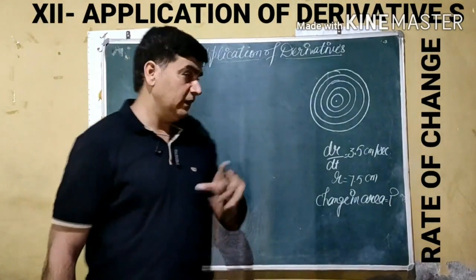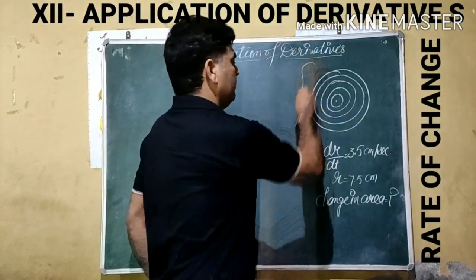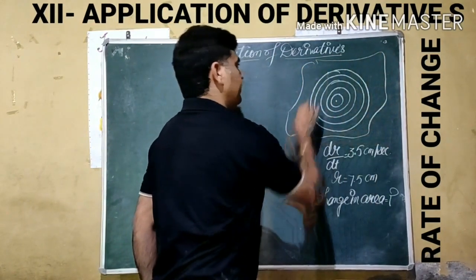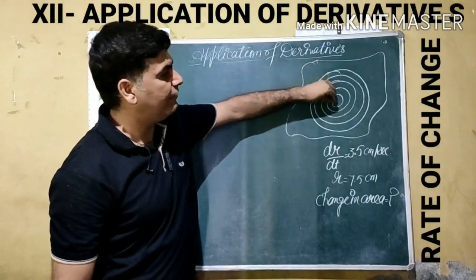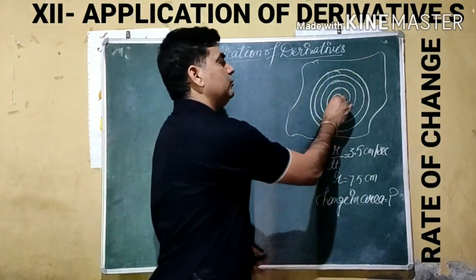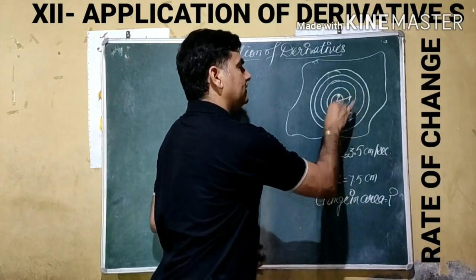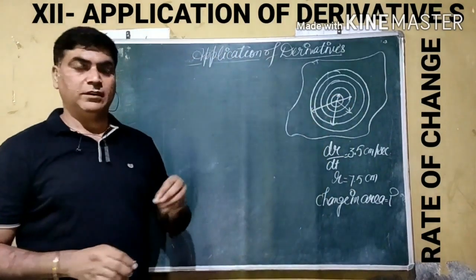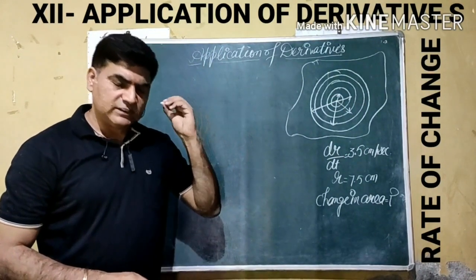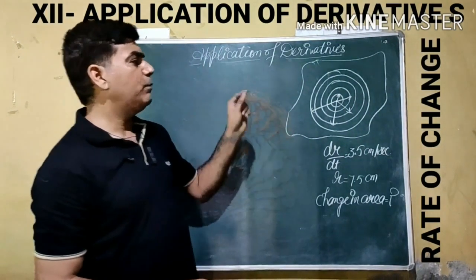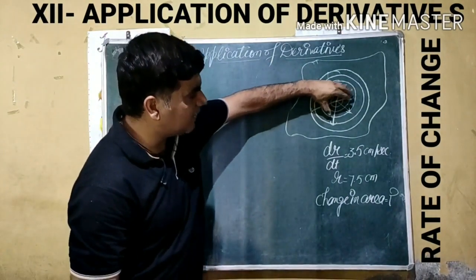Our next question is about a pond. The actual shape is not given, so suppose this is a pond with some different shape. If we put a stone in the still water of a pond, we get waves in a circular form, which move outward continuously and keep increasing. Similarly, if we put a finger in a bowl full of water, the waves move in a circular form like this.